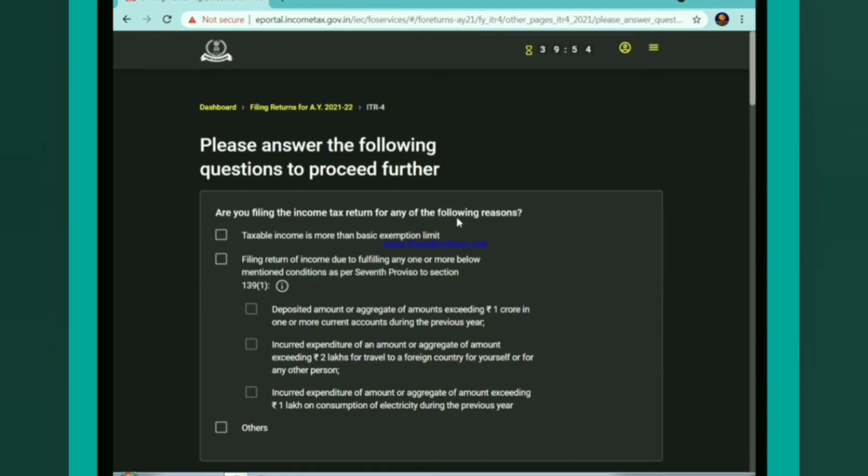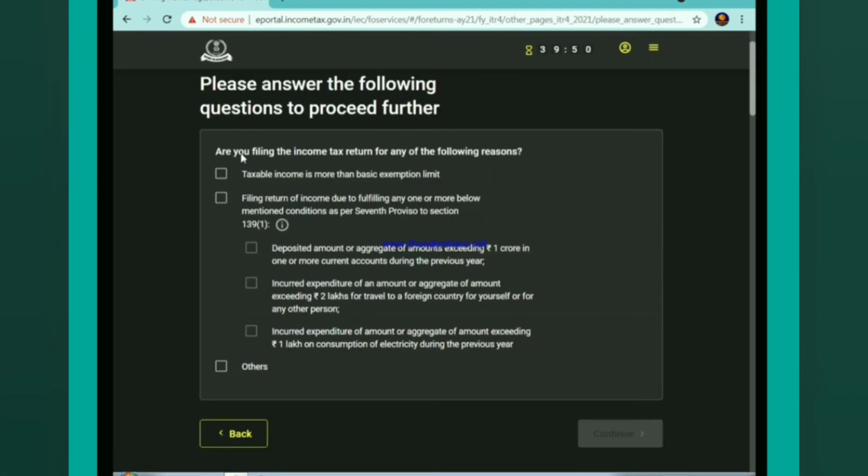It will ask, please answer the following question. Are you filing the income tax return for any of the following reasons? First, the taxable income is more than the basic exemption limit. Filing return of income as per the 7th proviso of the section.